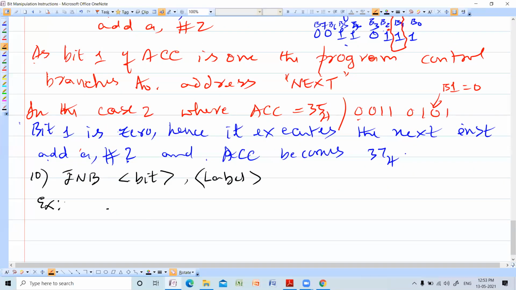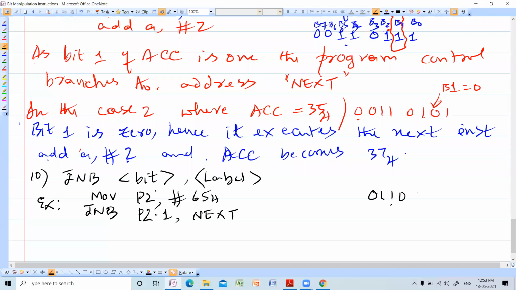Let us take some example. JNB P2.1, next. Suppose you move P2 with some value, 65H.